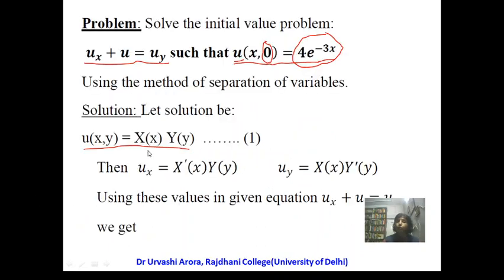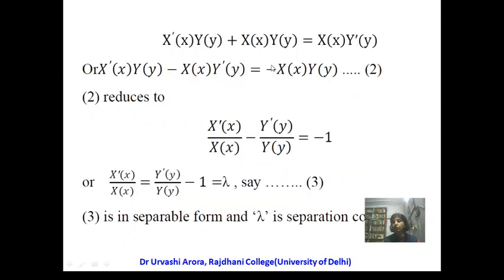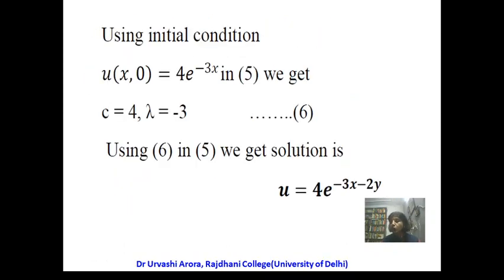So if you are able to reduce your given partial differential equation to a separable form by using u as xy, then use that. And if you are able to reduce your given partial differential equation into a separable form by using u as capital X plus capital Y, then use that. Whichever makes your equation a separable form, you can use that form, and finally you will get the general solution. And if an initial condition like this is given, then you will get a particular solution as we have obtained in this case. So that was the method of separation of variables.